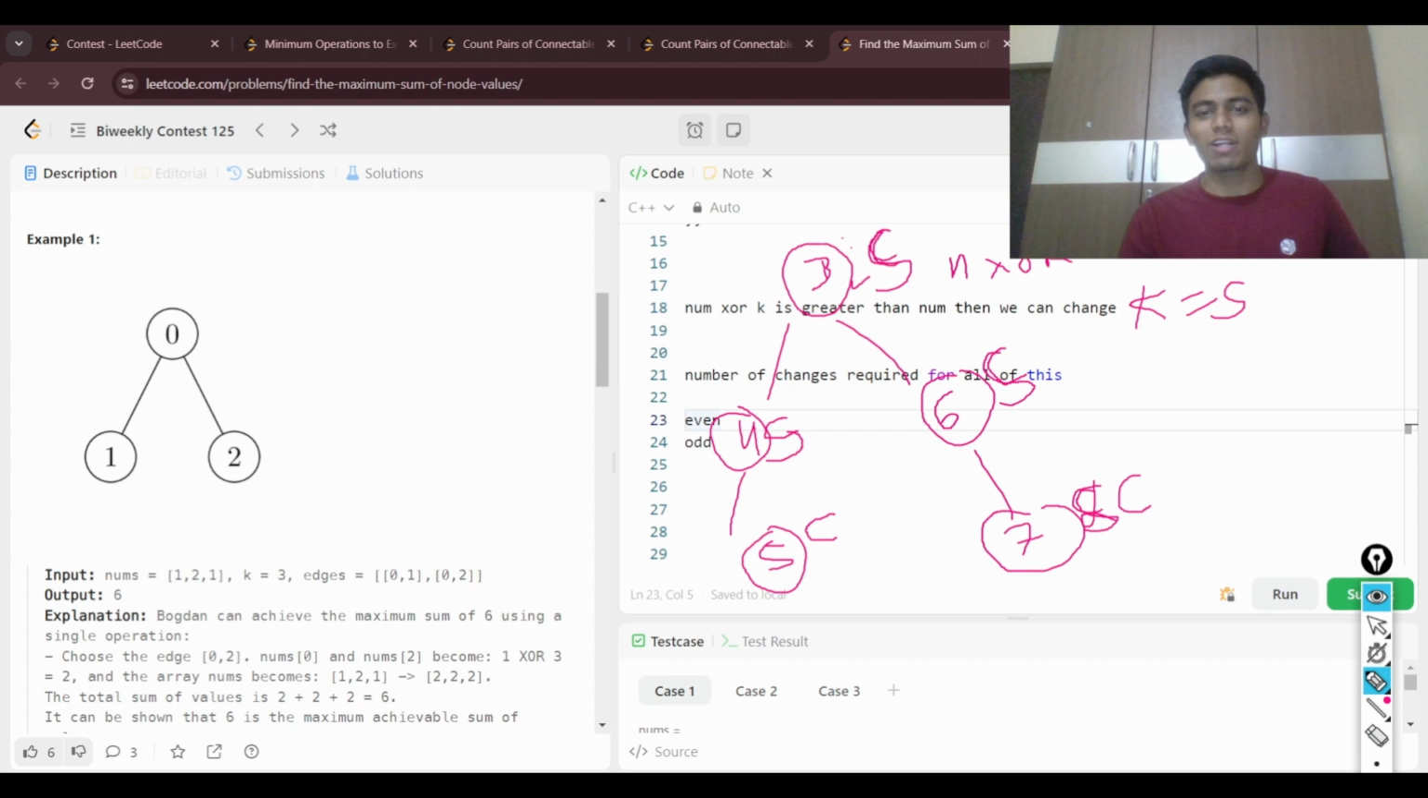So for this particular case, we can change all the nodes whichever are required, and then we are going to use that particular value, which is the maximum of num or num XOR k. So we are going to do that. Suppose, let's say